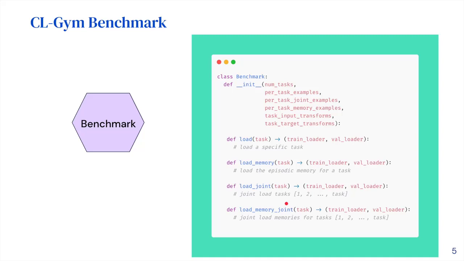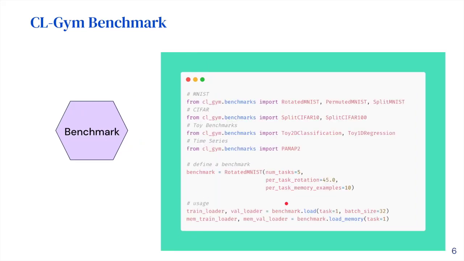joint or multitask settings. To give an example of the benchmark API, you can see that CLGIM contains various benchmarks from different domains, including small toy benchmarks that reduce the computation costs of prototyping and testing new ideas. It is also simple to use a benchmark once created, as one can simply use any of the previously introduced